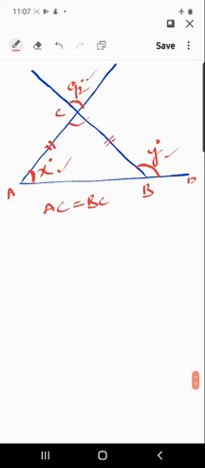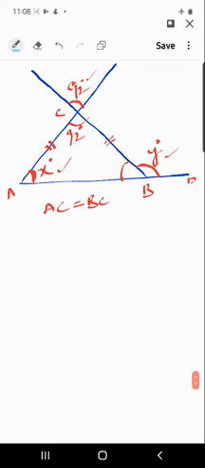opposite angles. Now vertically opposite angles are always equal, by that we can find this angle is 92 degrees. If this is 92, this is also 92. So in triangle ABC, one angle we got it, and one more thing, here what is the relation between this angle and this angle? What is the relation? Here we have a statement, angles opposite to equal sides are equal.